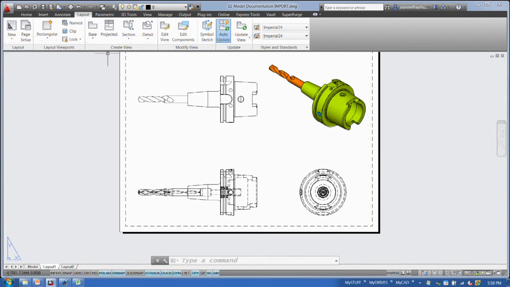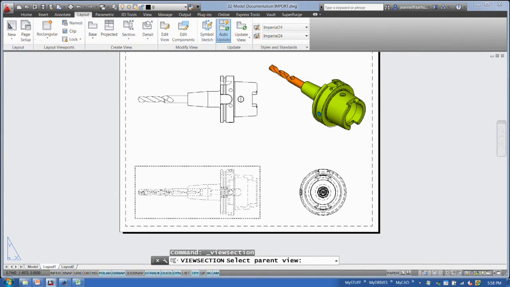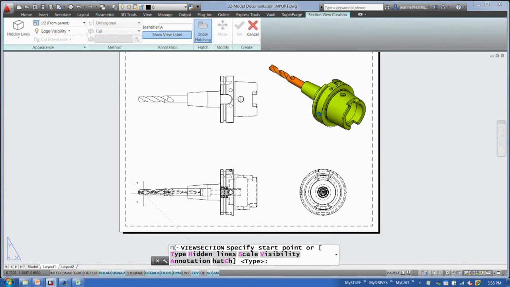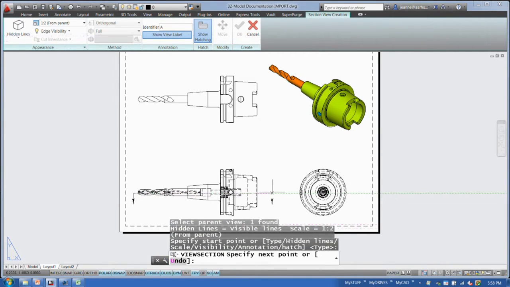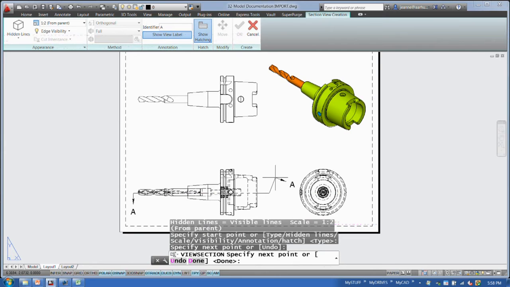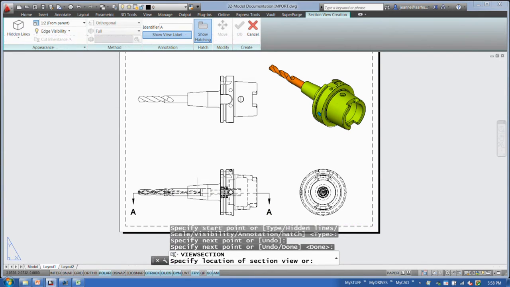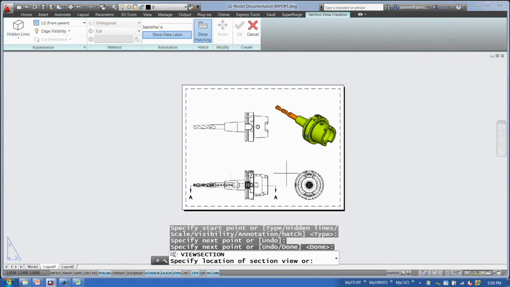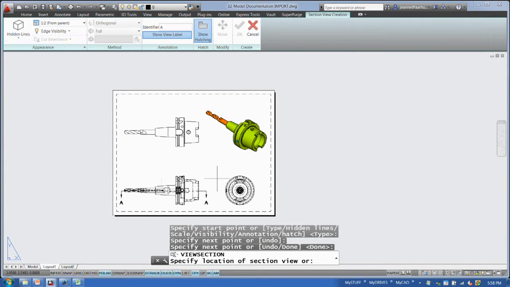Okay, now we have these additional options in 2013, all right? We can do projected views. We can do section cuts. We can do detail views, all right? So let's say I want to do a section cut of this view, and I'm going to go ahead and draw this. All right, I'll just do the 2 points and specify the location or view. I'm just going to stay on this layout, but you could take it to another layout. All right, I